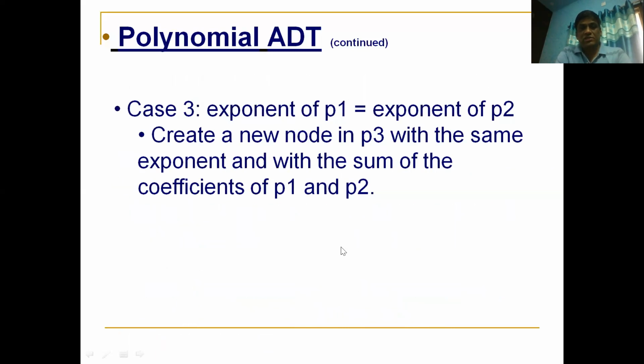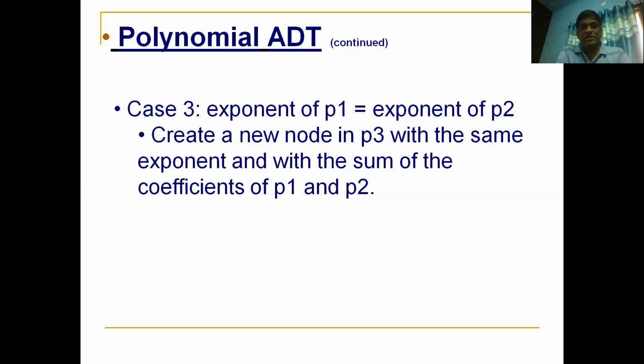And the third case is if the exponents are equal, then what we do is we add up the coefficients, and that new node, we put that information into the new node, and this new node will be added to the end of the result polynomial P3. So we need to handle these three cases in order to add given two polynomials